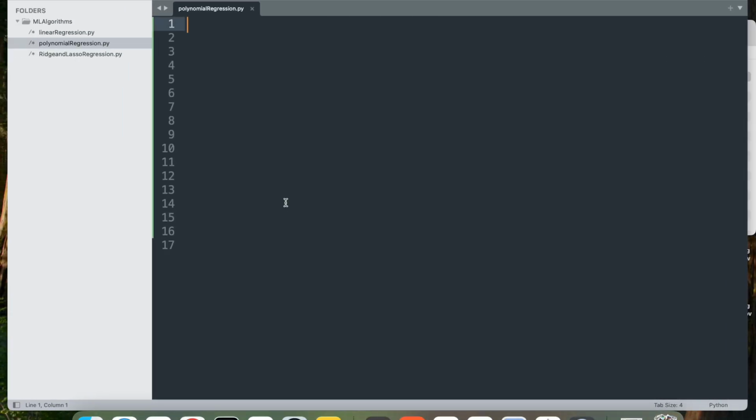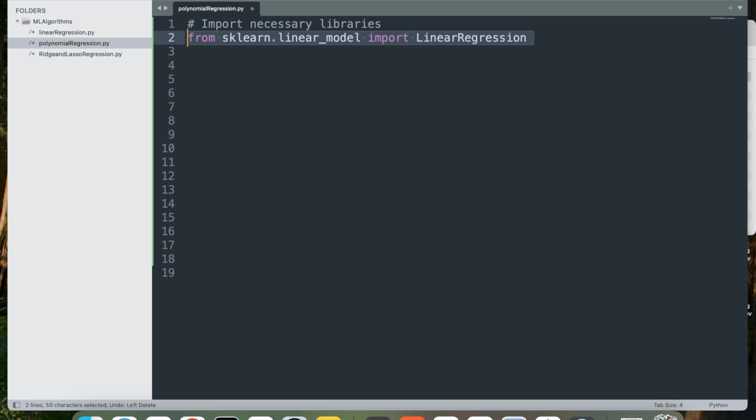Here's a line by line breakdown of the code for implementing polynomial regression in Python. I've created a file called polynomialregression.py, and let's go over one line at a time. First, let's import the necessary libraries. We're going to import sklearn.linear_model import LinearRegression, which imports the linear regression class from scikit-learn, which we'll use to create a linear regression